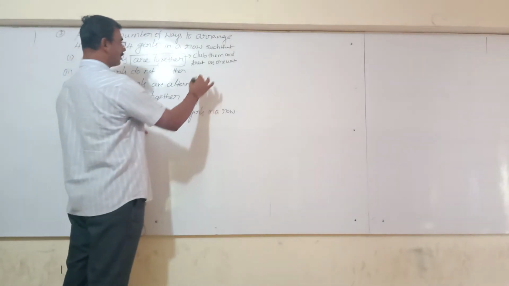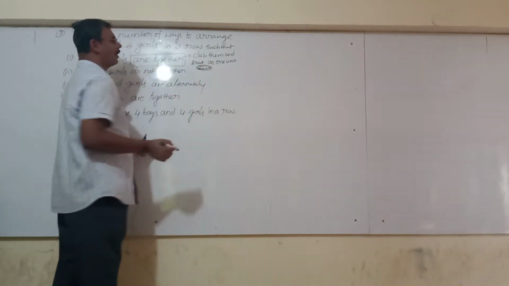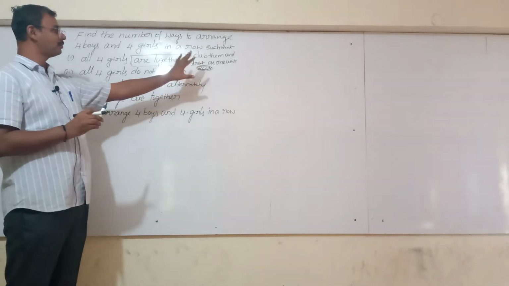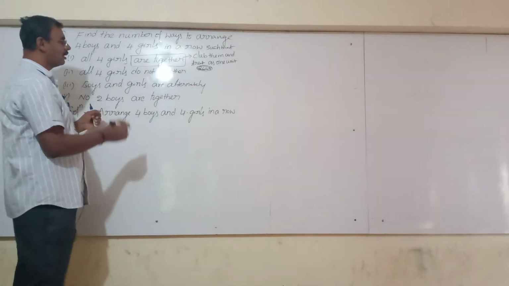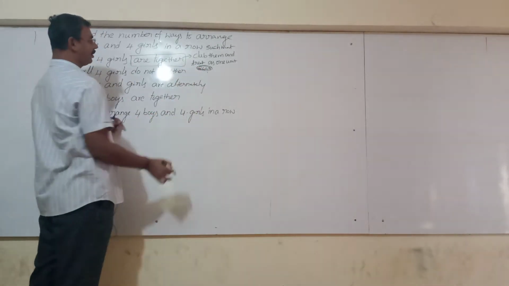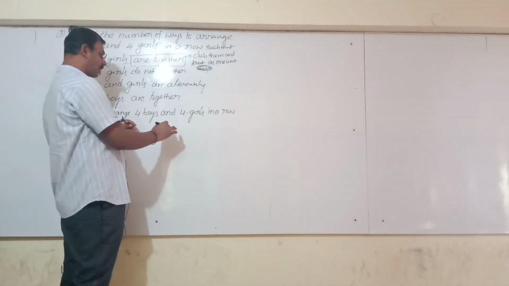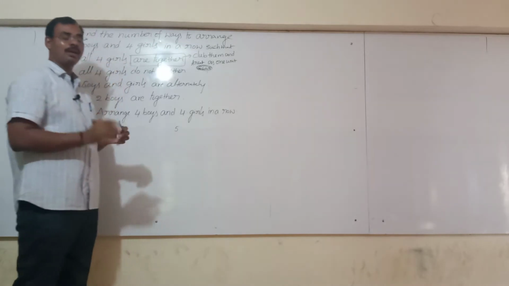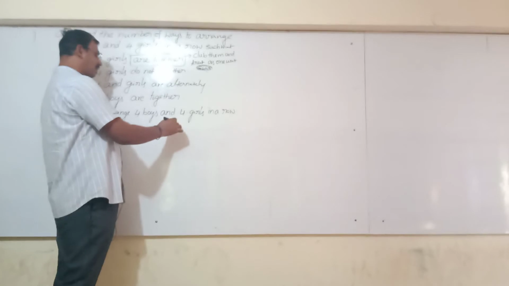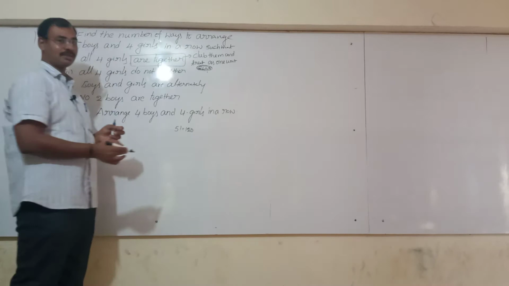So here, for example, 4 girls are there. Consider these 4 girls as one unit always, wherever they sit. Here, 4 girls is 1 unit. How many boys are there? 4 boys. 4 boys plus 1 unit is equal to total objects. How many now? 5 objects. How many ways can I arrange here? I can arrange in 5 factorial ways, that is equal to 120 arrangements.